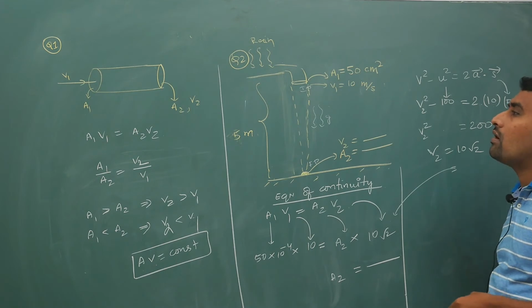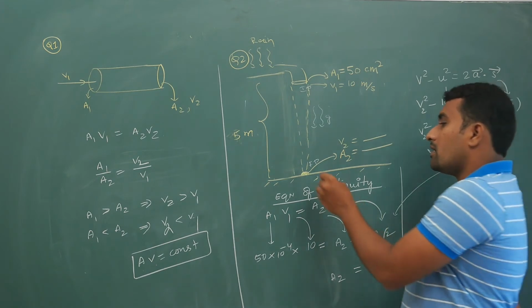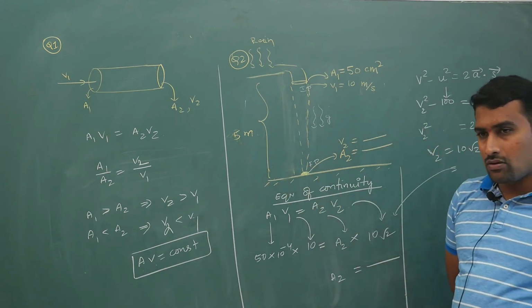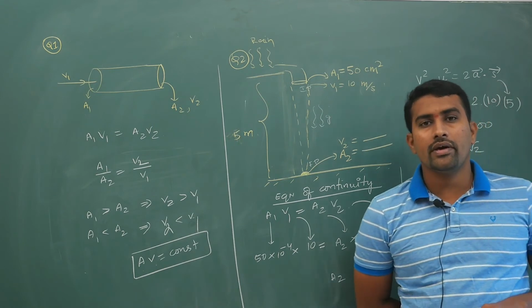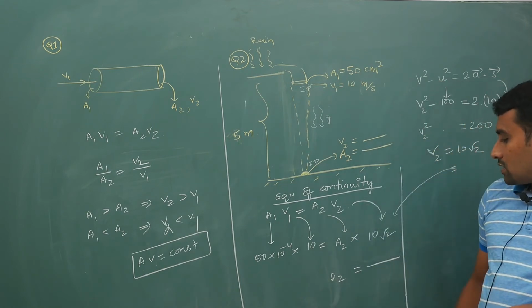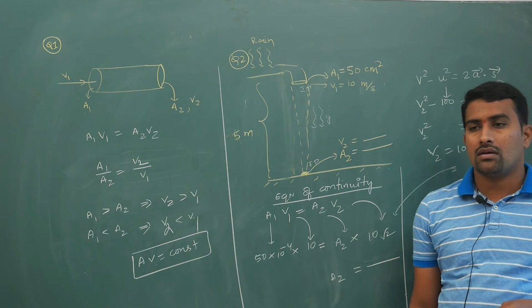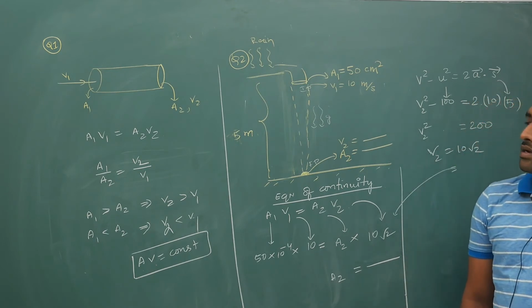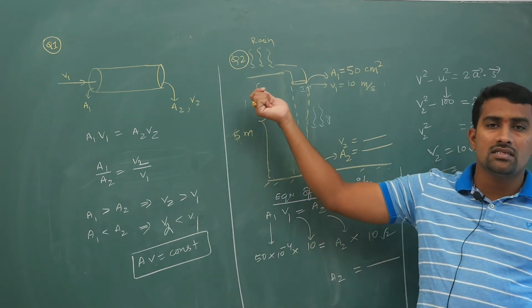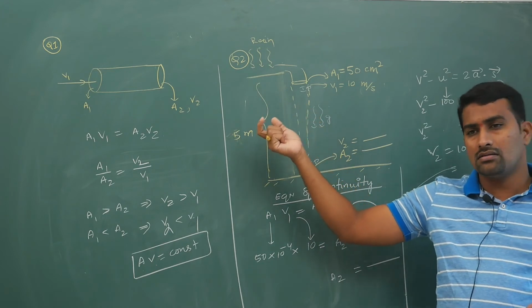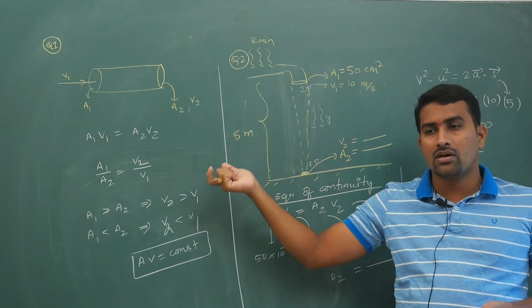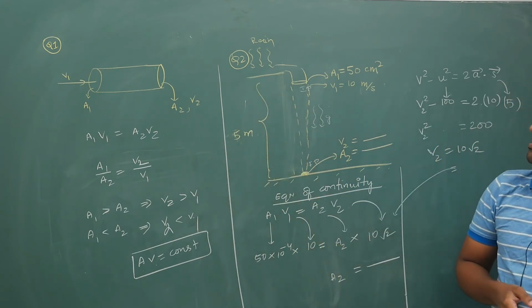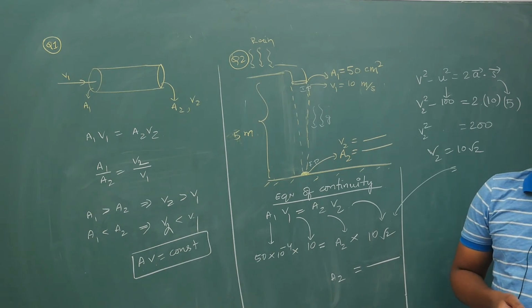Eventually what will happen, a big mark will be formed on the ground. So this much is the area of cross section of that mark that you will have. Or they can say this is a tap. I have used the word building. They will say tap, from a tap water is leaking. They will ask you simple questions. You can do it, right?